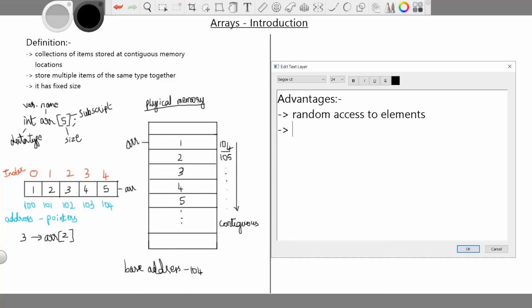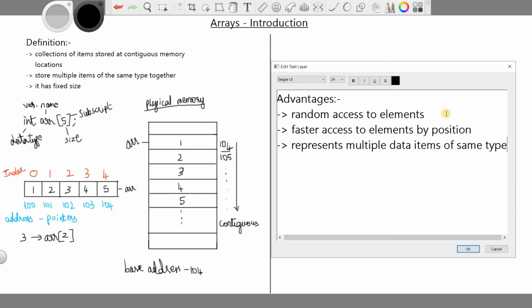And the second advantage is it can access the elements faster using the position. Position represents the index value. So faster access to elements by position. And the third one is it can represent multiple data items of the same data type.